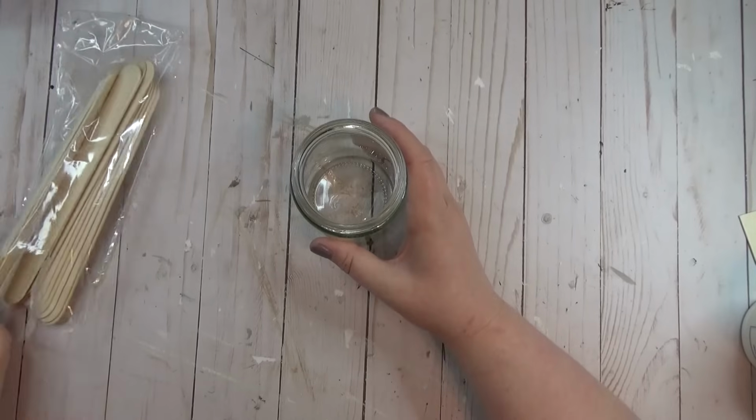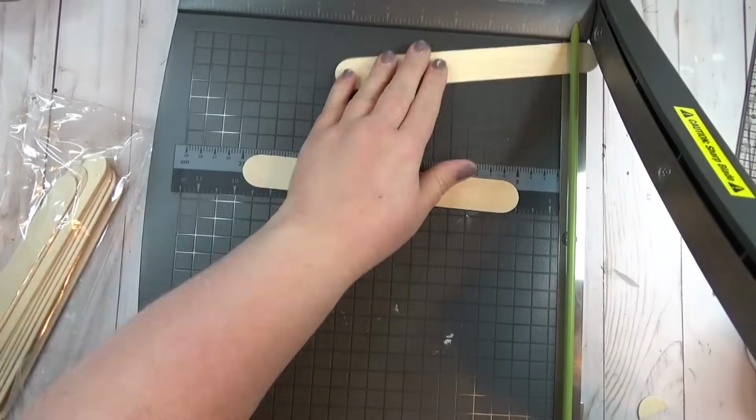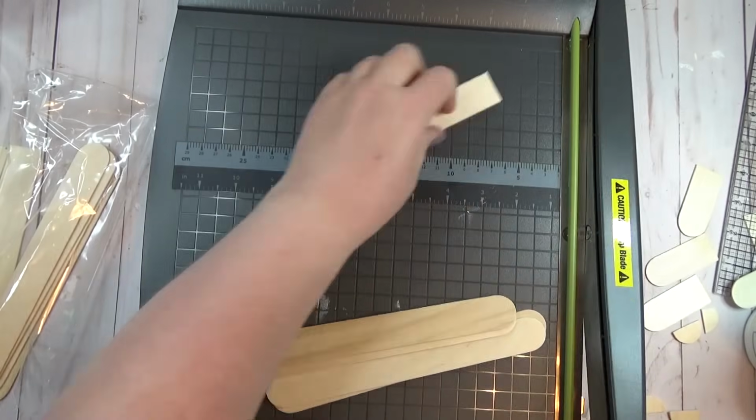I'm taking a jar that I had on hand. I think there was some kind of sauce in this jar. And I measured the height of the jar, and I'm just cutting the sticks down to go slightly above the